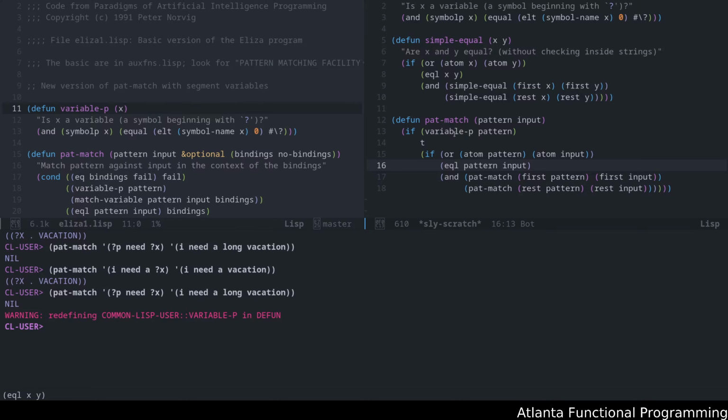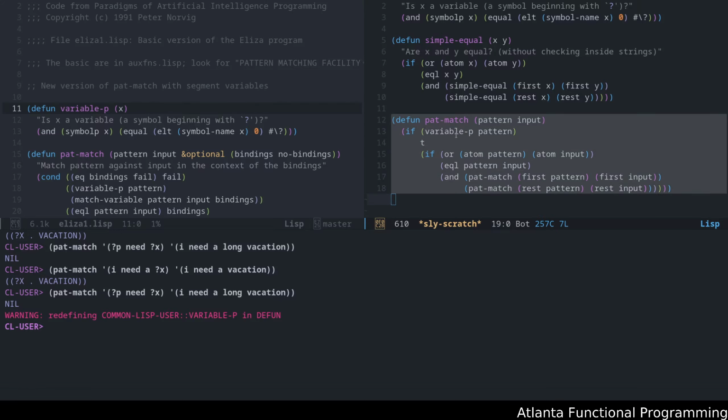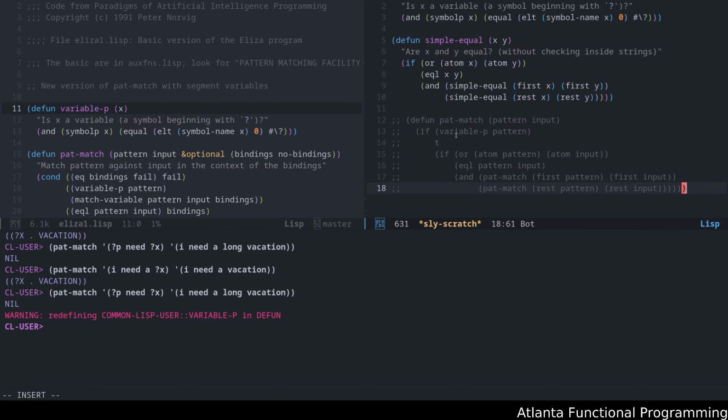Okay. All right. So let's look at this example here. We're gonna, well, let's say another pattern match. We'll go ahead and comment this guy out. Okay, go here,